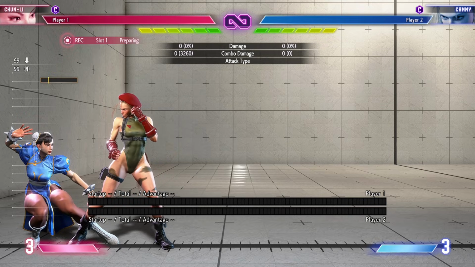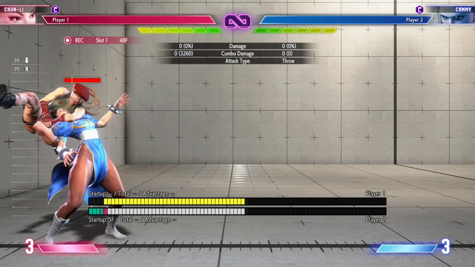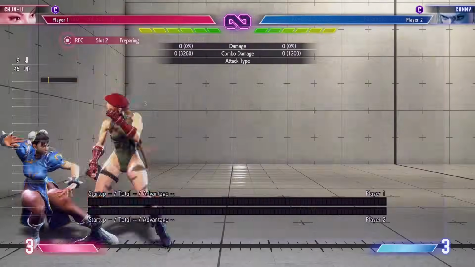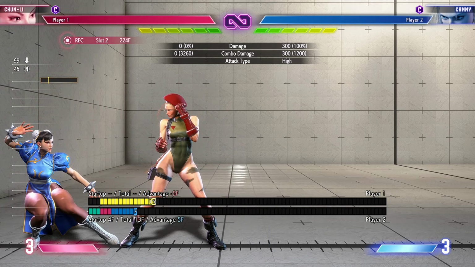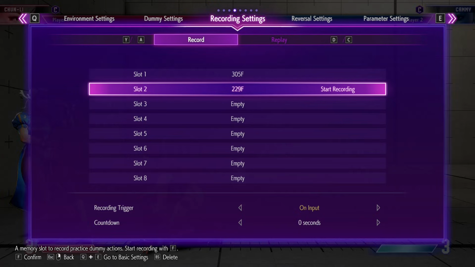So basically what I want you to do to train this properly is do a throw and then walk up and do another throw. That is the first recording, right? Now the second recording is going to be a throw, walk up, and jab. This is all you need to set up for the delayed tech throw training. You basically need a throw into throw loop or throw into jab, and you set Kemi to do this,